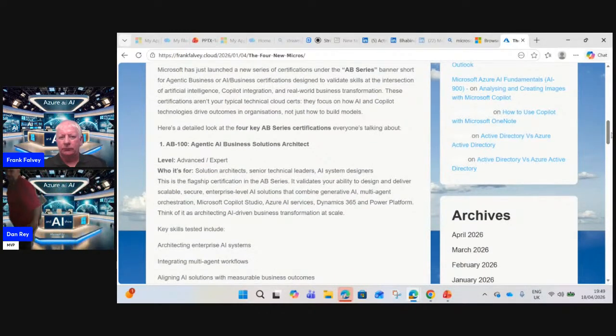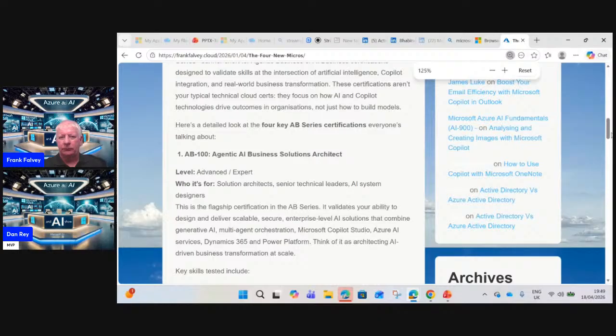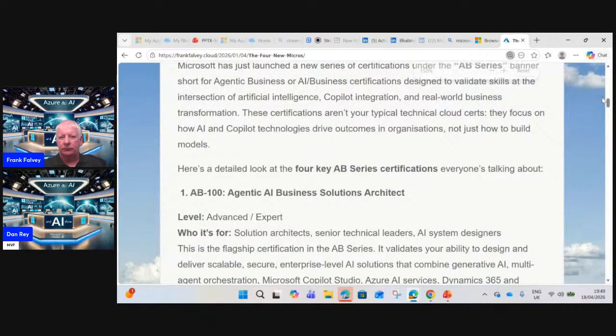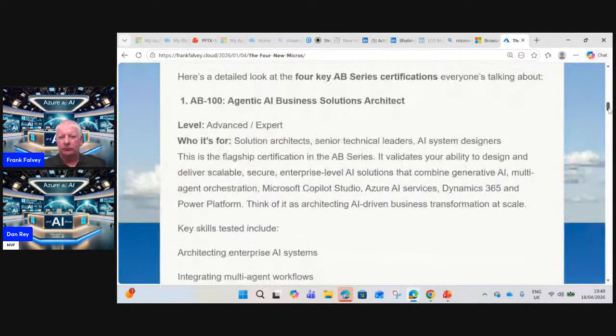Give me 1 sec, Frank. I gotta go grab my phone. Sure. So there is the stuff about the AB100. 1 second now, and I'll try and zoom in. Okay, so the